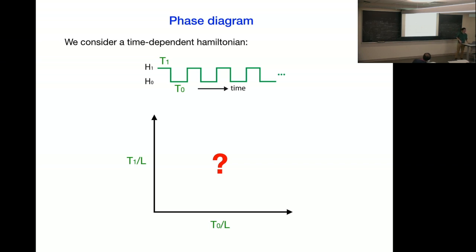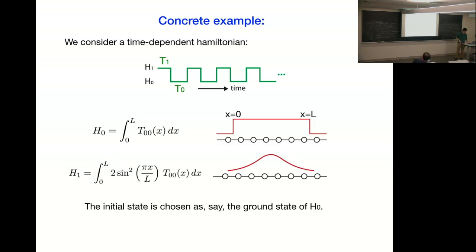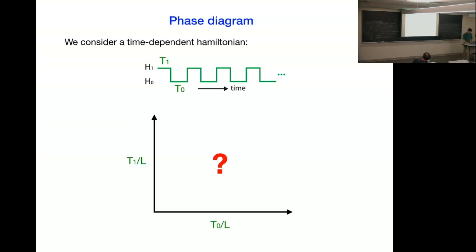I think you can absorb it in the definition of T0 and T1. Yeah, exactly. So the only parameters in this setup are T0, T1, and the total length of the system with a CFT. So it's totally possible nothing interesting happens in this parameter space, but to our surprise,